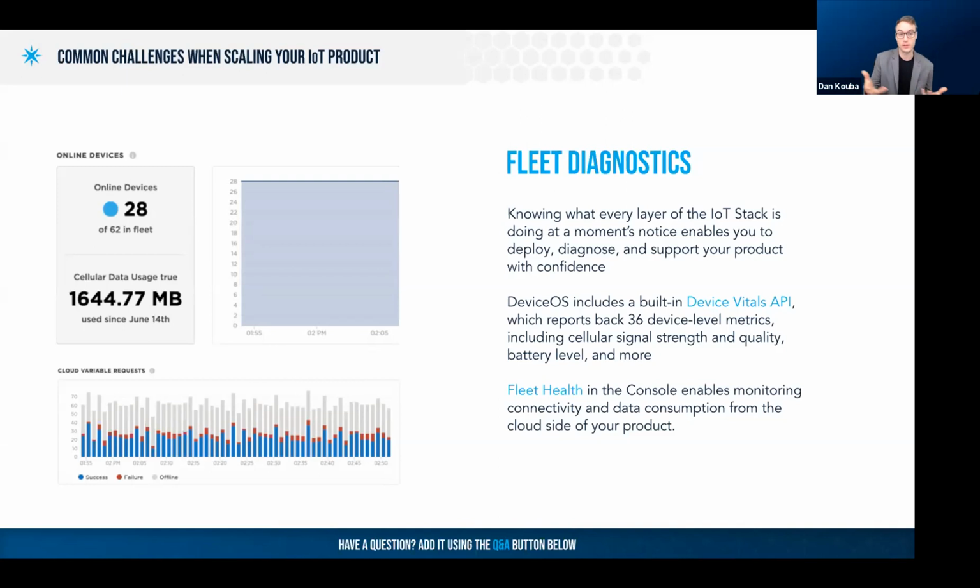And this can be extrapolated to any IoT fleet, thinking about what your device sees. You want eyes on the ground from your device's perspective. And then on the other side, looking downwards from the cloud, looking at the different layers that are integrated into that, and also what connectivity looks like from your connectivity provider's APIs and interfaces. We have an interface called Fleet Health that allows you to manage this from this level as well. A combination of these two systems with these two views can give a pretty good indication of how the systems are functioning across this IoT stack. And if something goes wrong, it's a great way to figure out what layer something is occurring in.